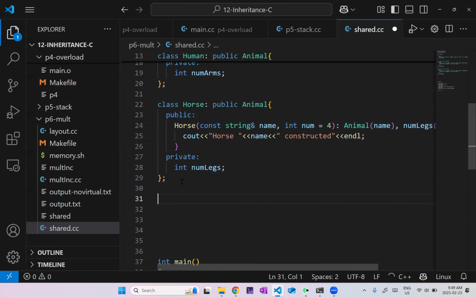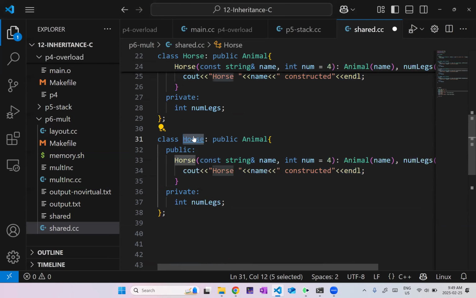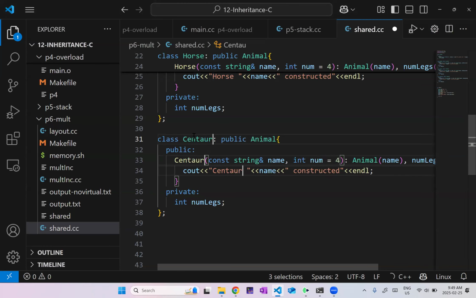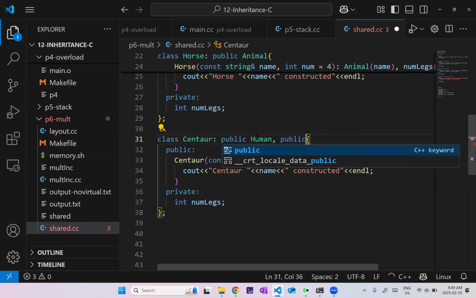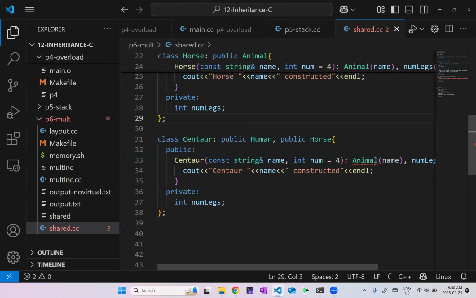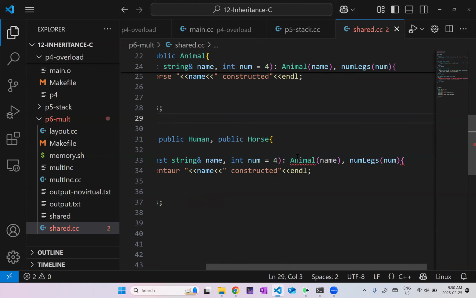So we want to inherit from both our horse and our human. So no longer animal, we want human and public horse. Okay. Well, animal is no longer our direct parent class, so actually, we don't want to do this anymore. In fact, we have to call the horse constructor because, well,